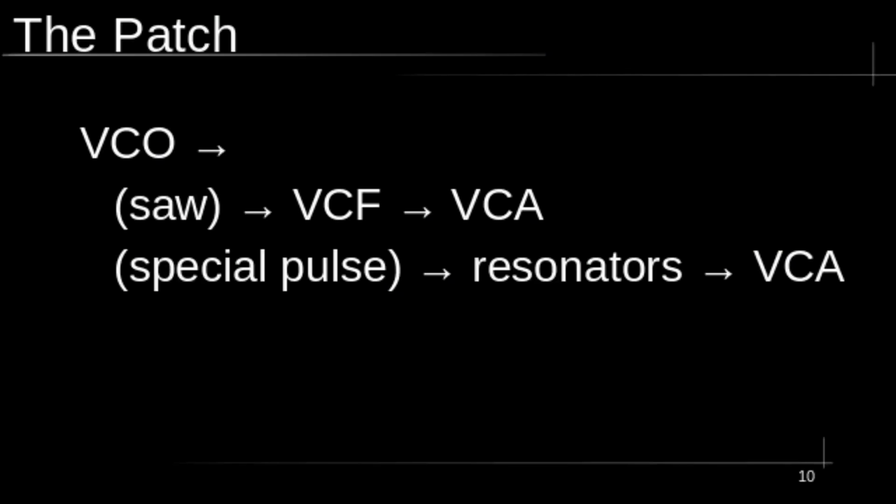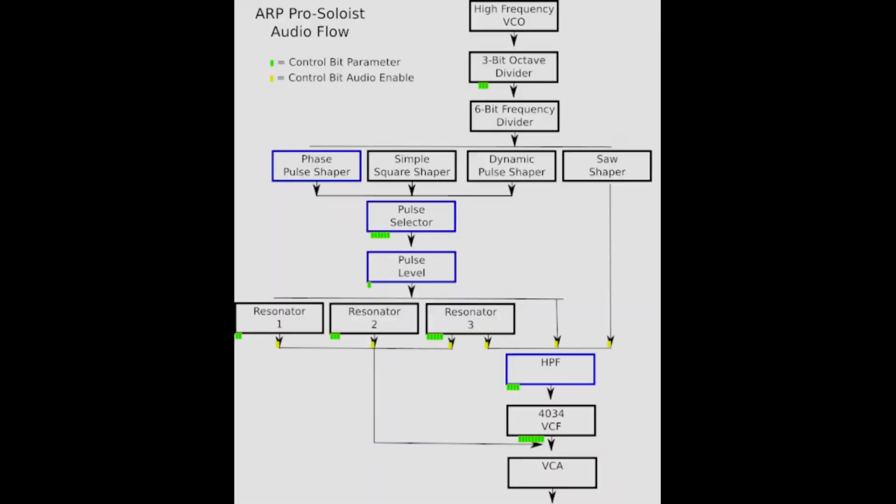So what was this characteristic patch? First, there's a really conventional single oscillator monosynth signal path. A saw wave feeds a low-pass filter, then a VCA audio input, and that out to your mixing desk. In parallel, there's this logic-based pulse-generating wave shaper, and this feeds 3 resonators, and then they all also go into